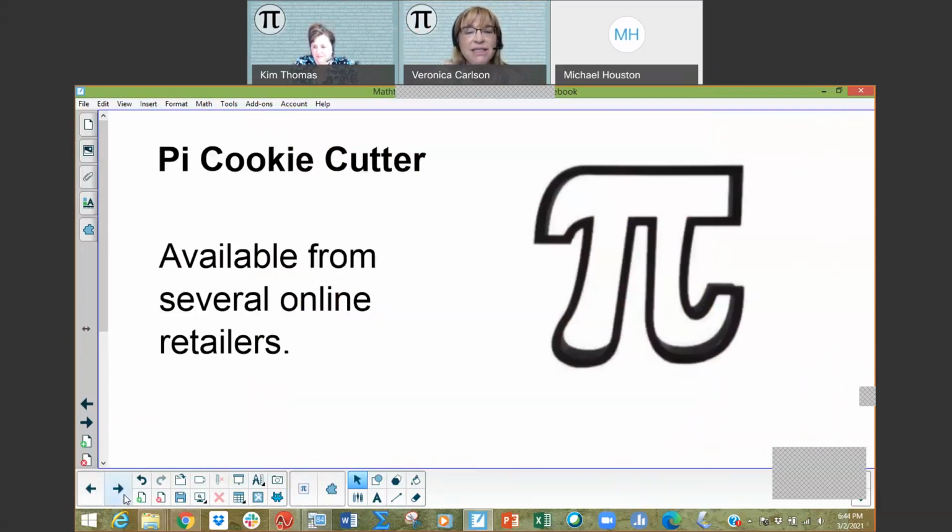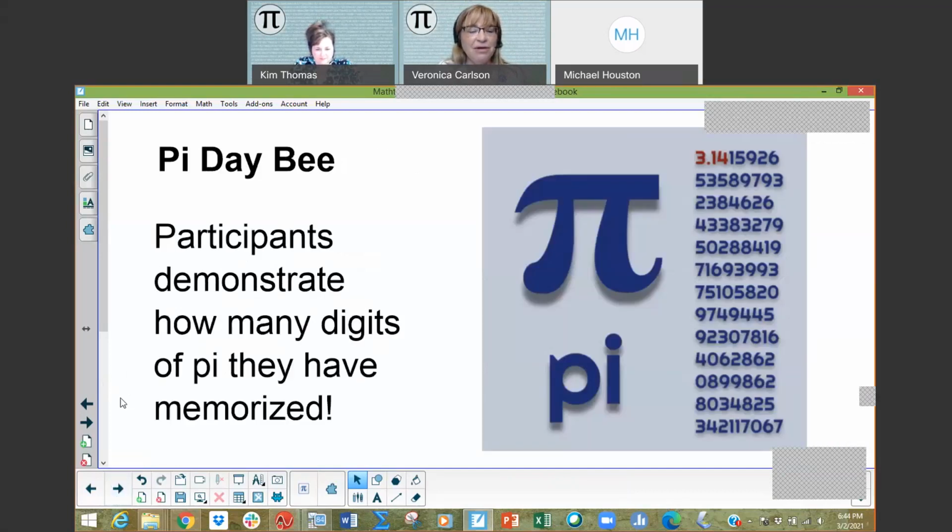Another idea to think about is there are a lot of pie cookie cutters. You can buy them from lots of retailers. Kim and I have backgrounds, and so I have my piece of pie cookie cutter, and that's always fun. I know now with COVID, everything's a game changer, and it used to be that we had food in the classroom, but you could still enjoy them and have virtual Pi Day cookies with your family. You can always have a Pi Day bee,